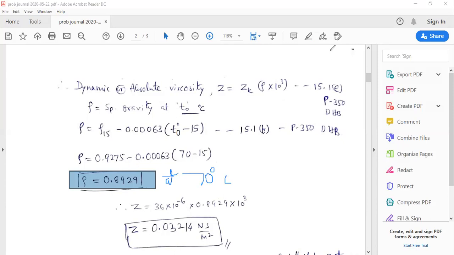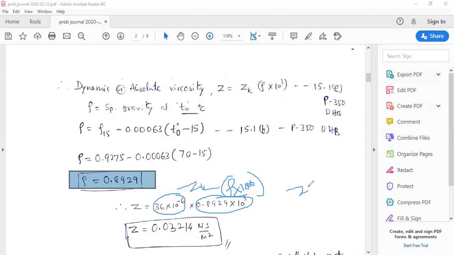Now let us proceed with the calculation of dynamic viscosity. Dynamic viscosity is given by the product of Zk, which is in meter square per second in SI unit, multiplied by the mass density of the liquid. Mass density is given by specific gravity multiplied by the density of water, that is 1000. So this can be written as Zk into rho into 10 raised to 3, or divided by 10 raised to minus 3. It is also written this way in the general design procedure. You can take this to the numerator so that it becomes a positive sign. This is the equation written here.